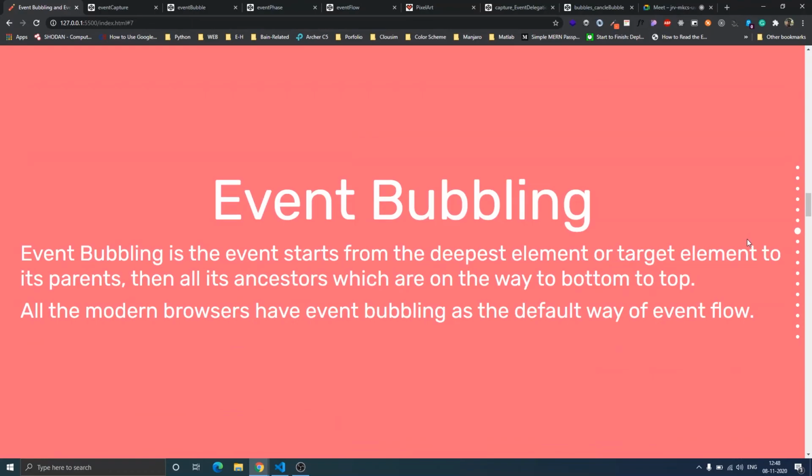Event bubbling is the opposite of event capture. When you click on the target element, it will bubble up, moving from the target to the top element. Nowadays all modern browsers have event bubbling as the default behavior. Let's see the demo.